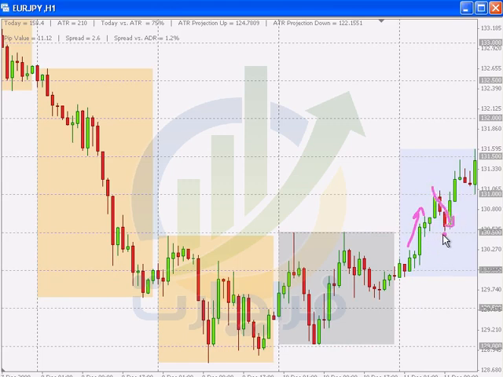You see how we get a pullback to retest that former level of resistance? Right there again, 130.50, and then, as usual, we ask ourselves the typical question. Do we get a breakout? No, we don't. Do we get a bounce? Yes, we do. We zoom right there, which we do indeed, to the 15 minutes time frame,